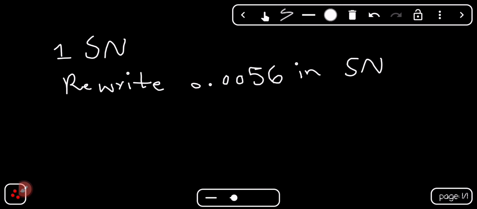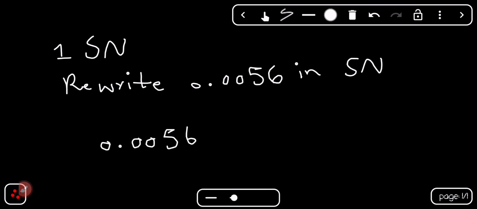In the math password test you will see 2 or 3 questions from scientific notation, and they are easy and you will get score from these questions, so practice a lot. And they have just one rule and that's too simple. If you move the decimal point to the right side, you will get 10 to the power of a minus sign. But if you shift the decimal point to the left side, you will get 10 to the power of a positive sign. So in this question, we have